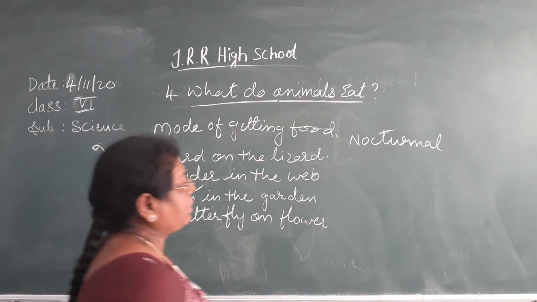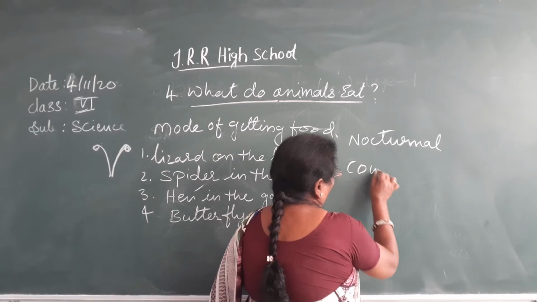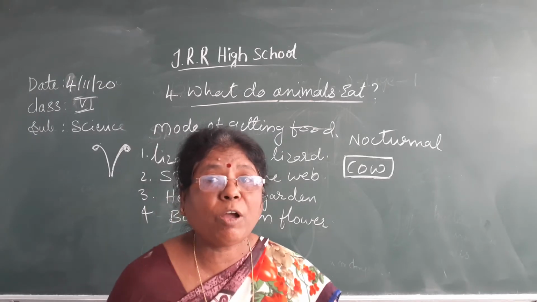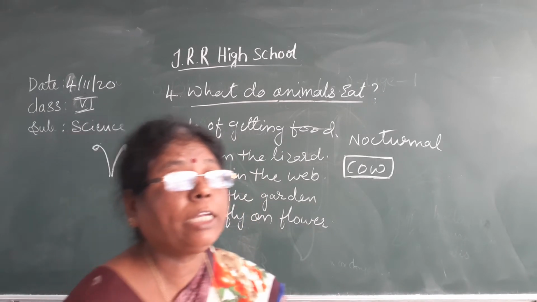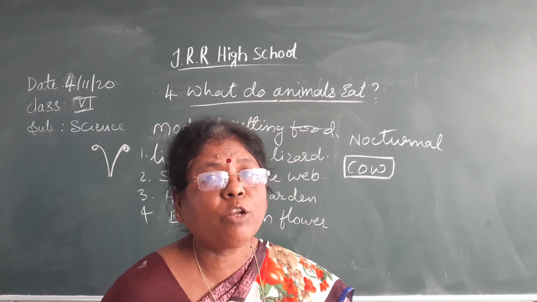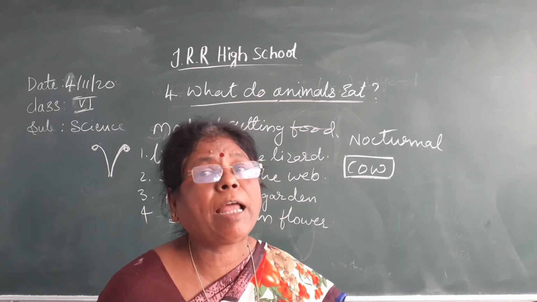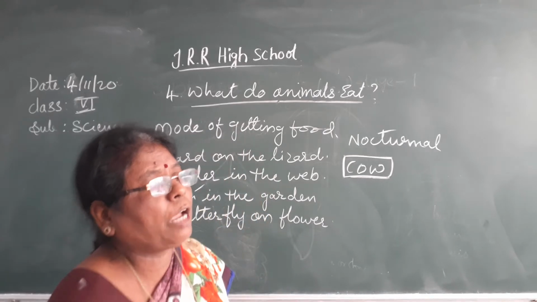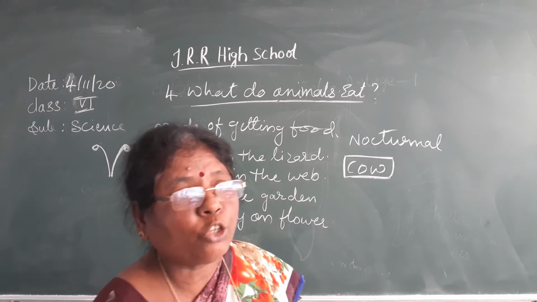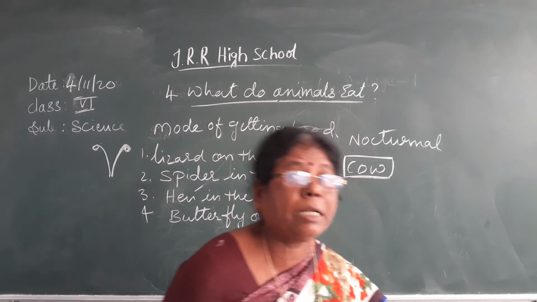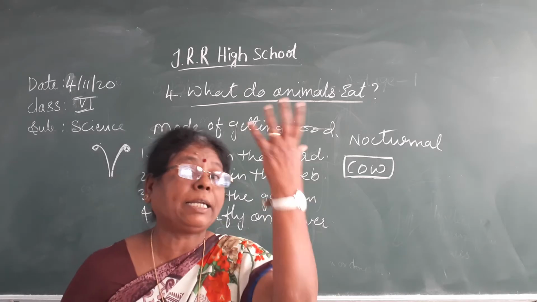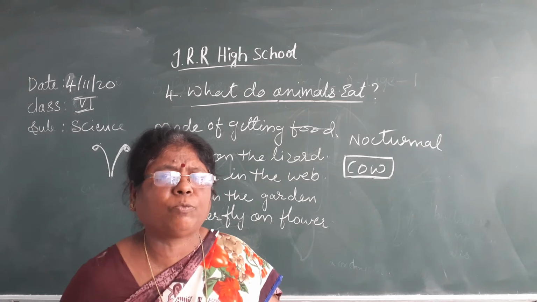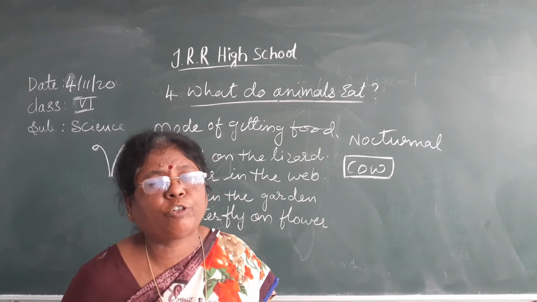Okay. Now, apart from this, how does the cow get its food? At the time of grazing, what happens? The cow eats a quantity at a time. It chews and swallows the food immediately. Then it comes back to its place and sits in a relaxed position. From the stomach, the food comes back into its mouth again, and it thoroughly chews the food, then swallows.